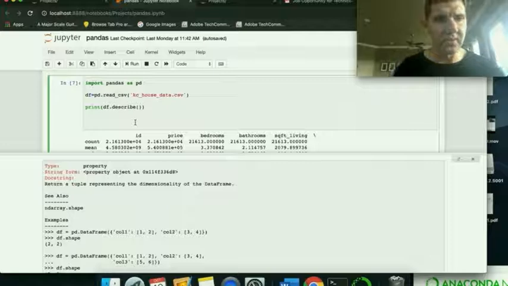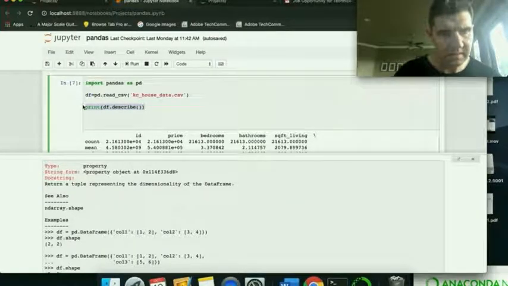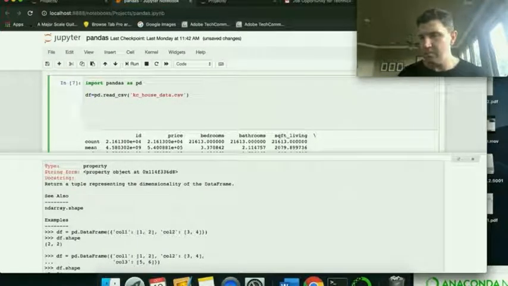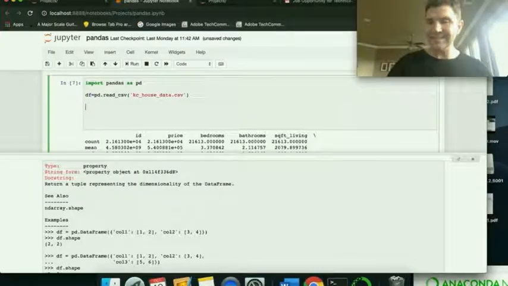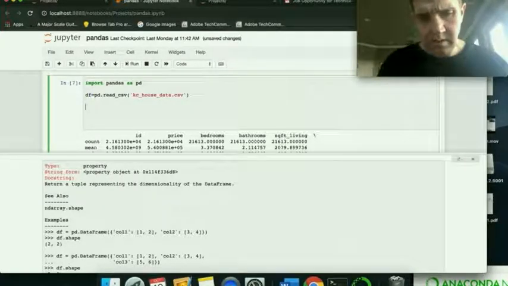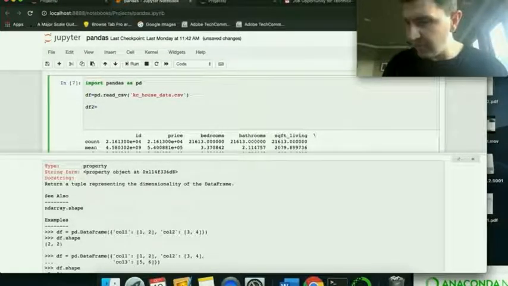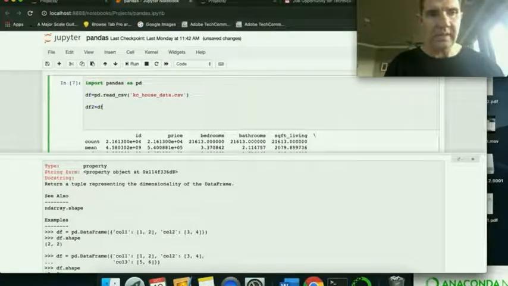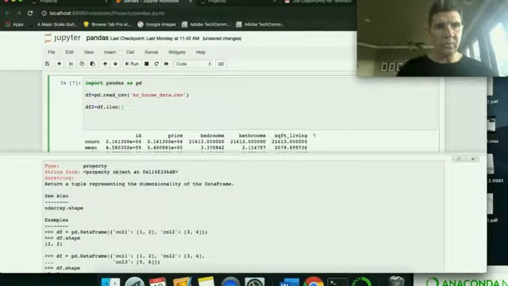Now let's take a look at ways of selecting data. Best way is to set a variable equal to the data frame and iloc, and you do square brackets. In this case, do 16 comma 5